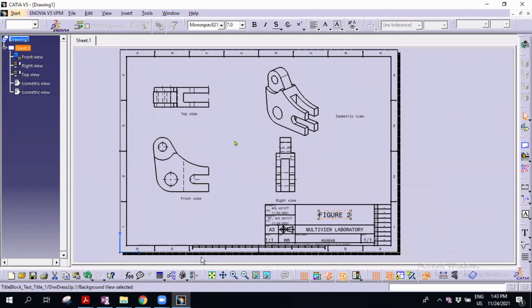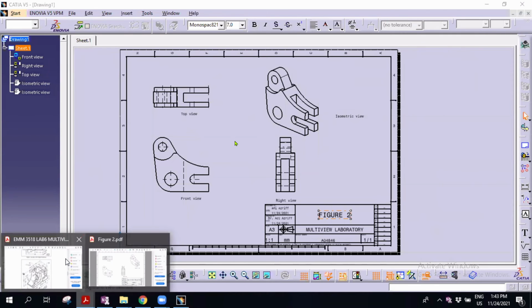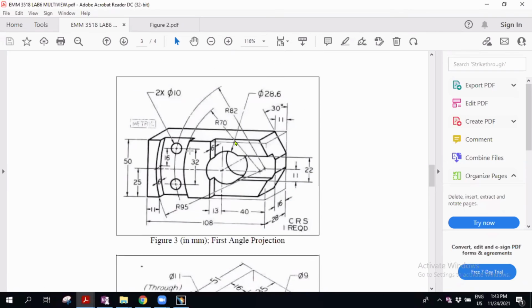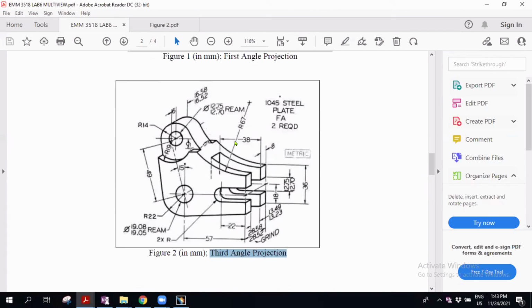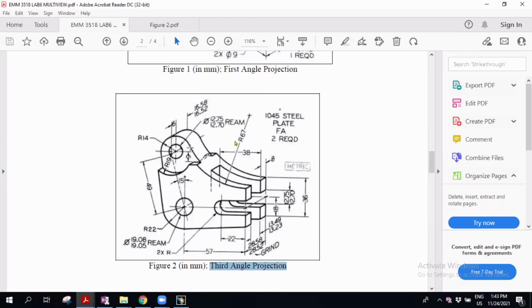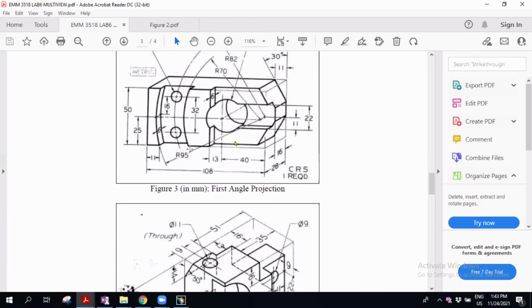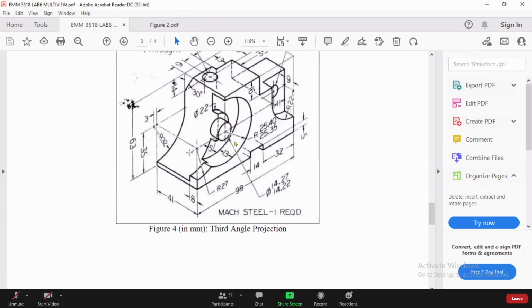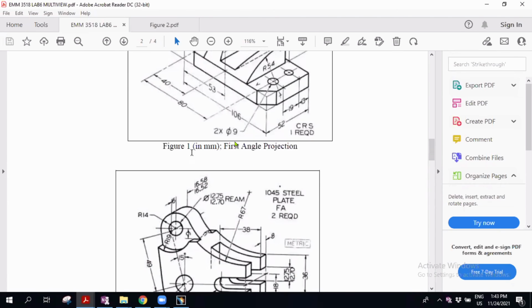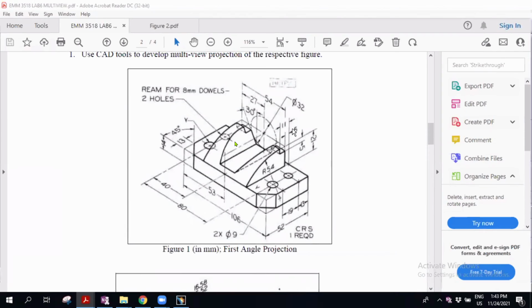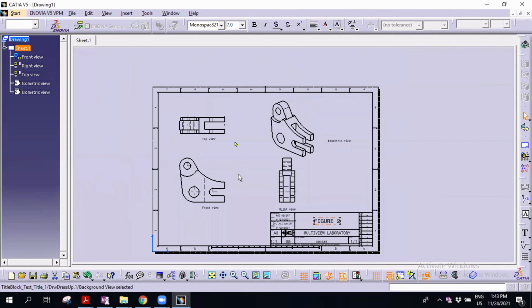In your assignment, each of the drawings shows first angle or third angle. What I want you to do is 1, 2, 3, based on the angle projection in the unit. Just now I'll show you the video.